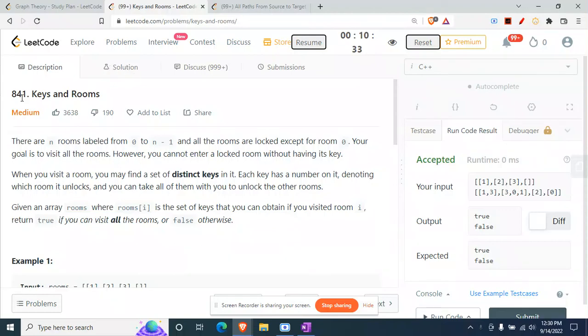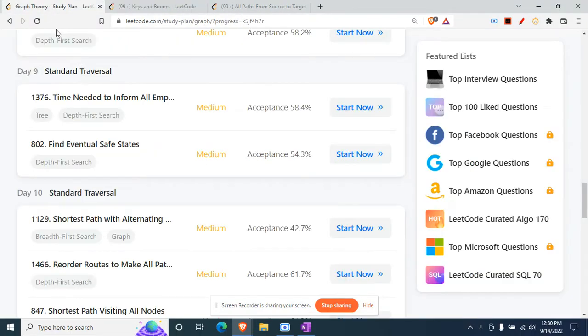Hey there, today we'll be doing this question that is 841 Keys and Rooms from LeetCode, and this is from